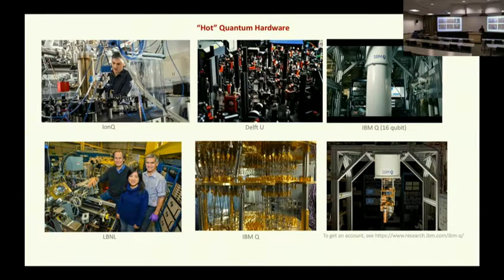You can use, as I mentioned, photons, photon optical stuff. So Delft in Netherlands, they use these things. IBM Q is a machine on which you can get an account, as a matter of fact, to play around. It's pretty amazing. And there, in fact, I think the one on the left looks kind of pretty. It's got all this, again, highly cool hardware to do this thing with. There's Berkeley Lab. Those guys are doing some things that just give you an idea what these things look like.